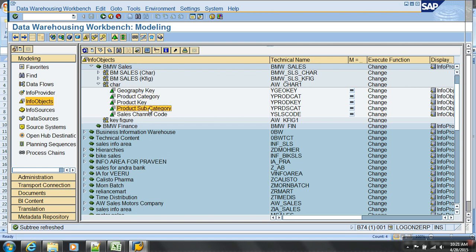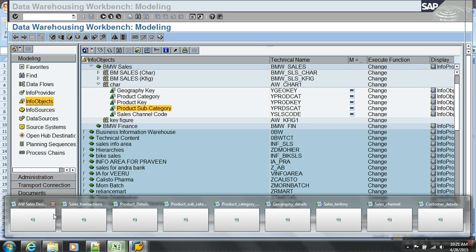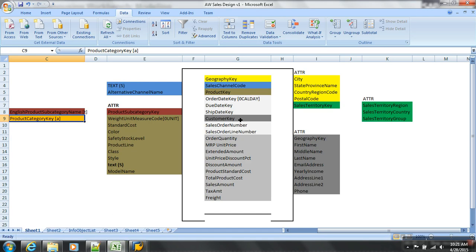So I've got product key, category, subcategory, geography all done. What is my next design? Next we look for, this is all normal characteristics, order, date, calendar days. There's no master data in it. Then what? Customer. I know I need InfoObjects, but I'll just use what is already there for this case. Customer key. I need all this.